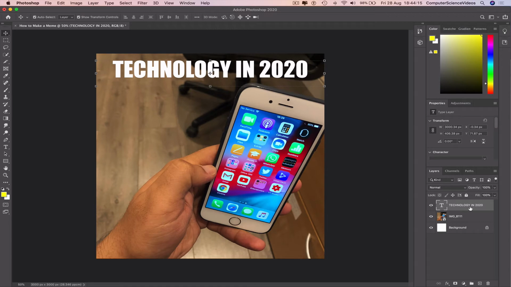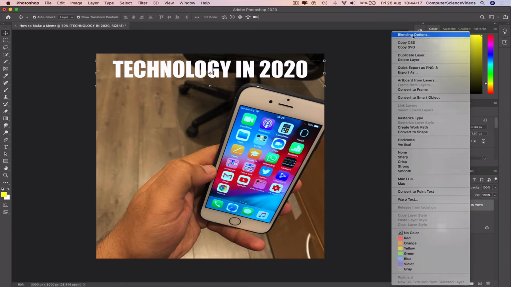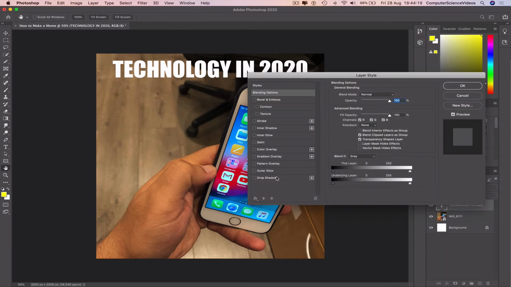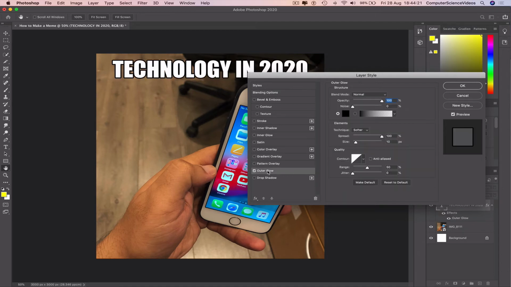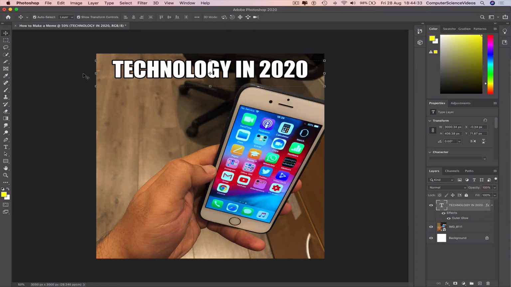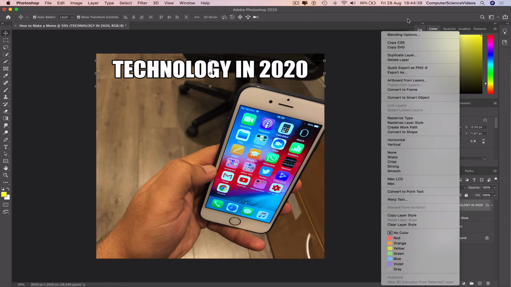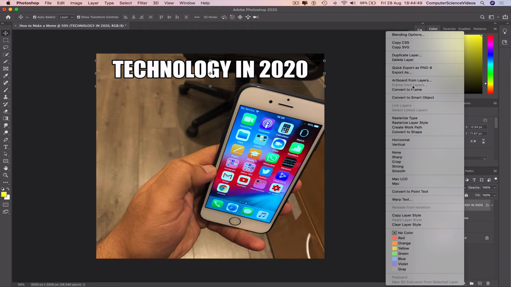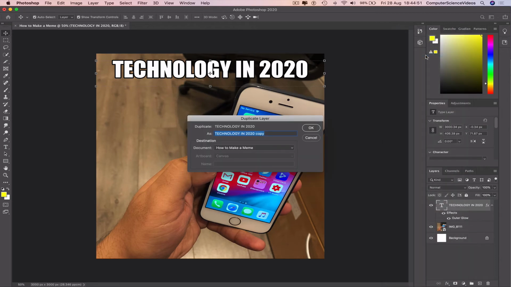Now we can go to blending options, right click, blending options, outer glow. And now we have officially changed the text to what we require to make the meme. So click on OK. Go to technology in 2020, right click, copy or duplicate the layer,